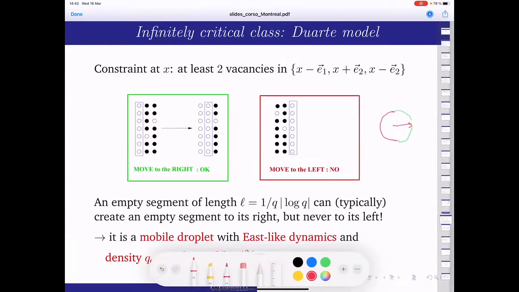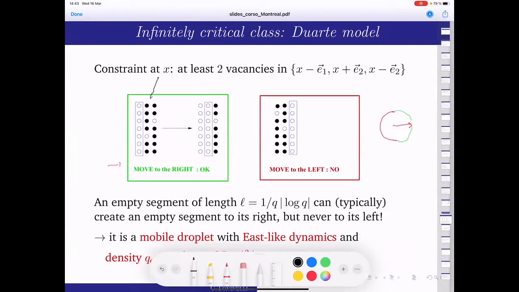And also, if we now focus on the direction E1, what is the minimal number of empty sites that I have to add in order to unstabilize the horizontal direction? Let me take on my drawing the configuration which is completely empty on the left, starting from this column, and on the right,